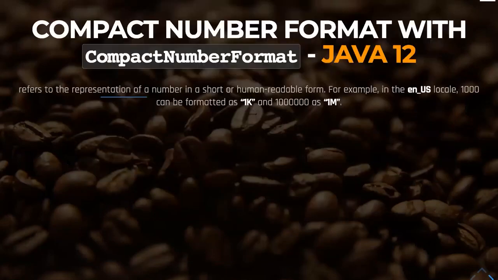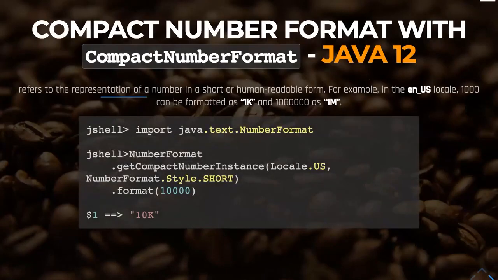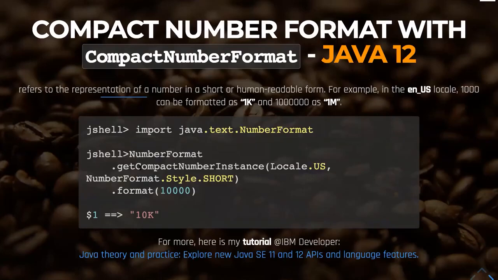And we have very good, for people caring about the money and formatting of the money, compact number format. It's introduced in Java 12. If we would like to represent money or something like 1K or 1 million, we don't have to implement classes. We just use number format and get a compact number instance. We give the locale and the style you would like and just the number, and it will be 10K. In a different language, it will give, for example, 1 million, and in a different locale, it will bring you 1 billion, for example, in Europe or something like this.